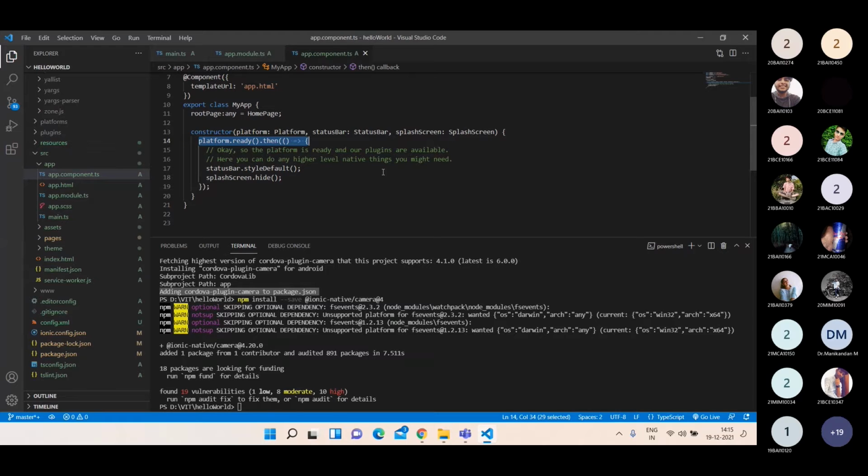For those few seconds, your platform will be getting ready. So once your platform is ready, only then should we do these things. That's what it means. Once your app is loaded, once you get the loader screen or splash screen, and all the data comes into the picture, then the splash screen will be hidden automatically, and you can see your login screen or home screen, whatever. You got it?